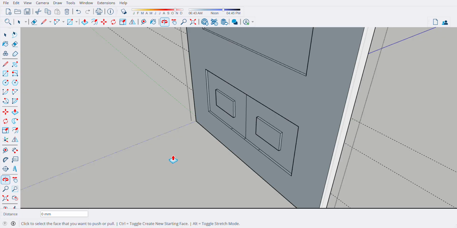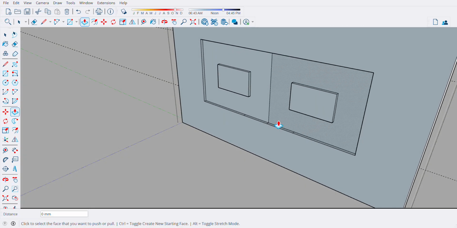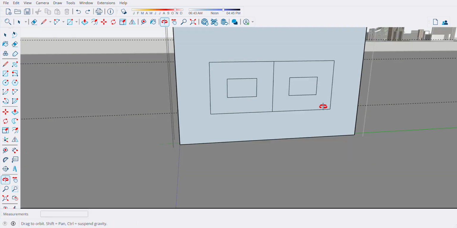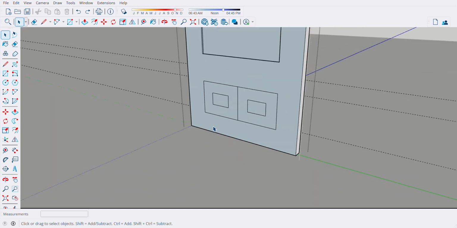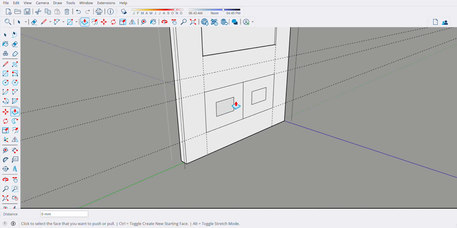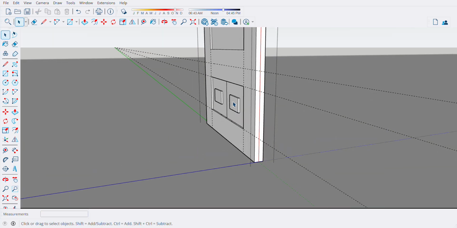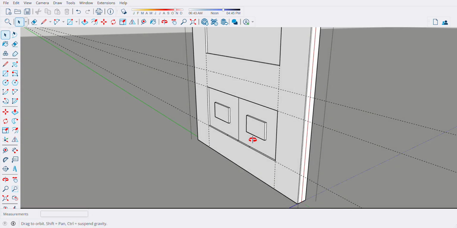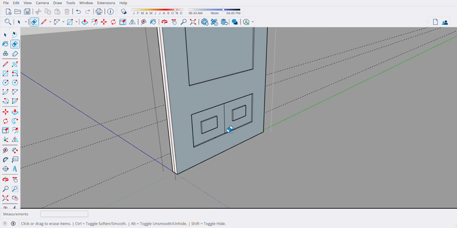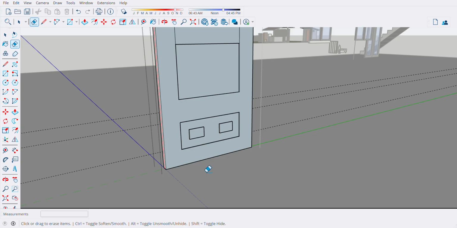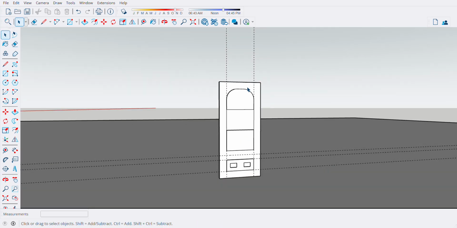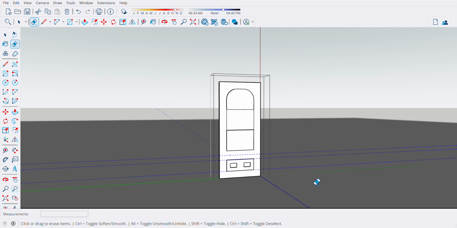Okay, no, there's no problem. 10, 10. Yes. So that's our design for our door.